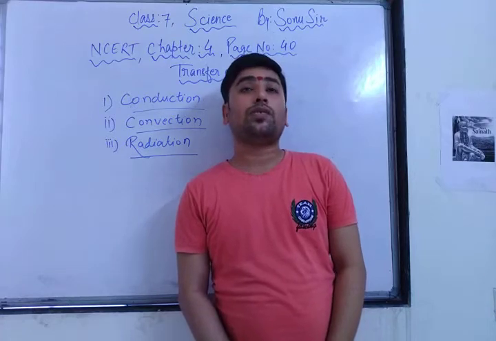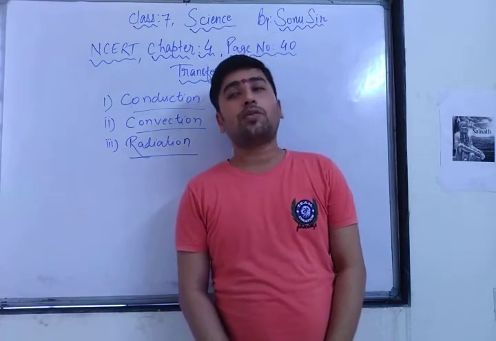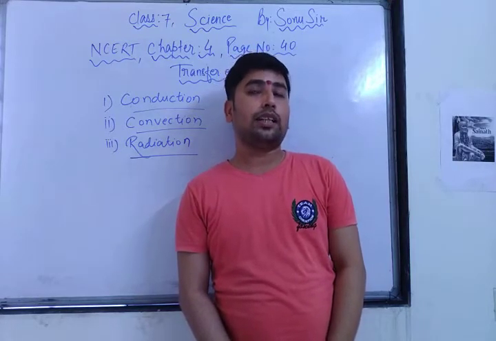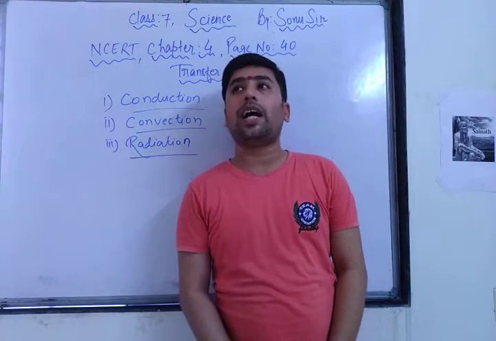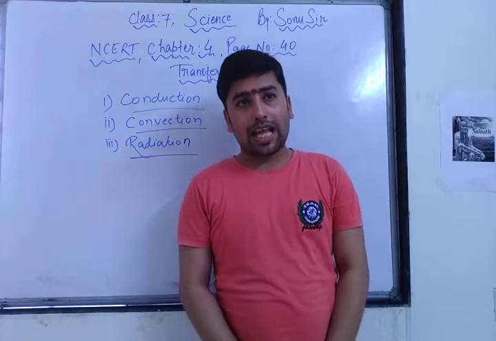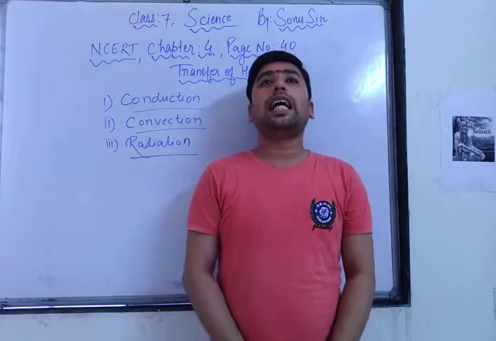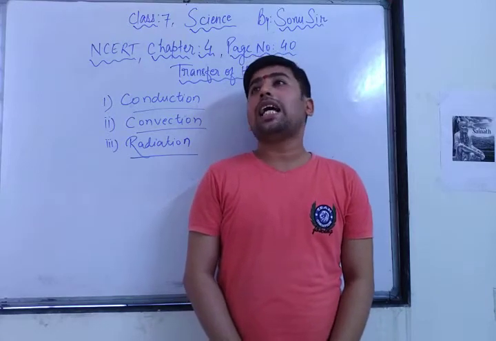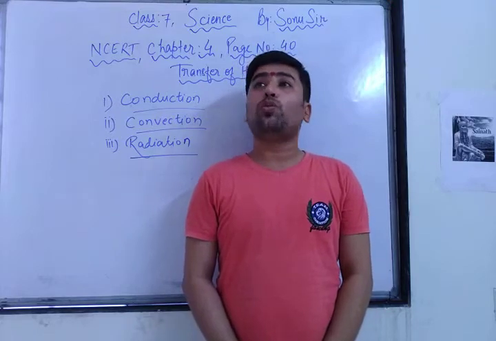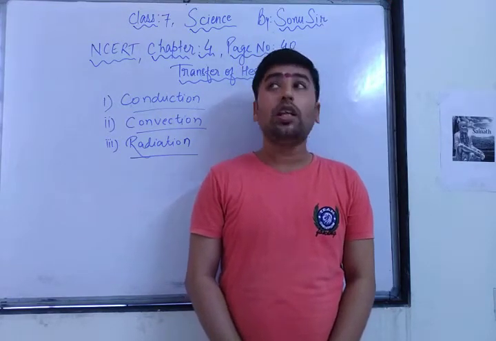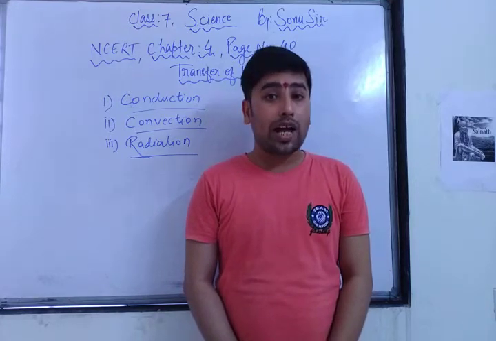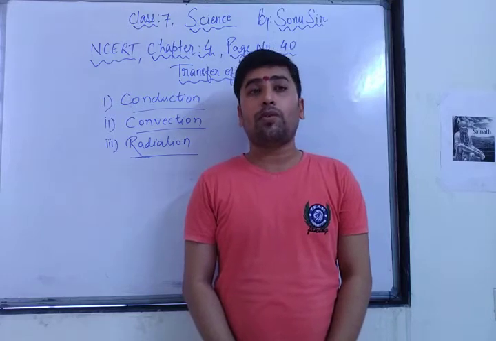Which wax has fallen first? The one which was nearby the hot end, and then the last one has also fallen, which was stuck on the other end of that scale. Now the question is, how does this wax fall? If I had heated at one place, then how did the wax fall at the last place? Because, as we understand about heat, the heat has been conducted. Conduction means the heat has been transferred from the hotter object to the colder object. As we have taken a scale in which one end was hotter and the other end was cooler, the heat has been transferred from the hotter end to the colder end. As we have seen, all the wax which was stuck on the scale has fallen down one by one.